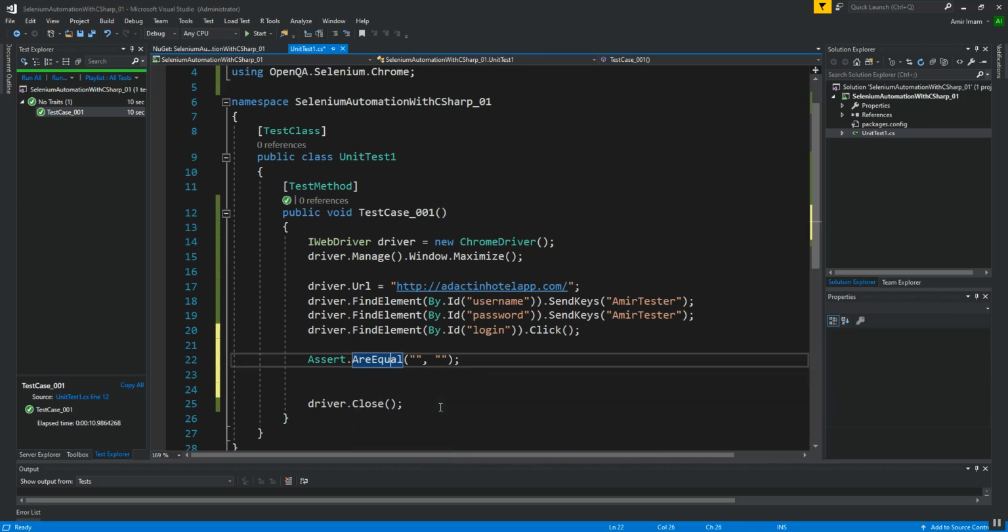But we are using AreEqual. AreEqual is used to compare two objects, two strings, or two elements.